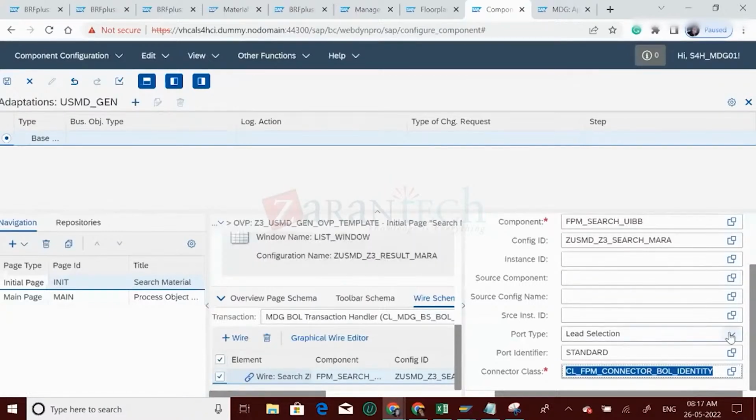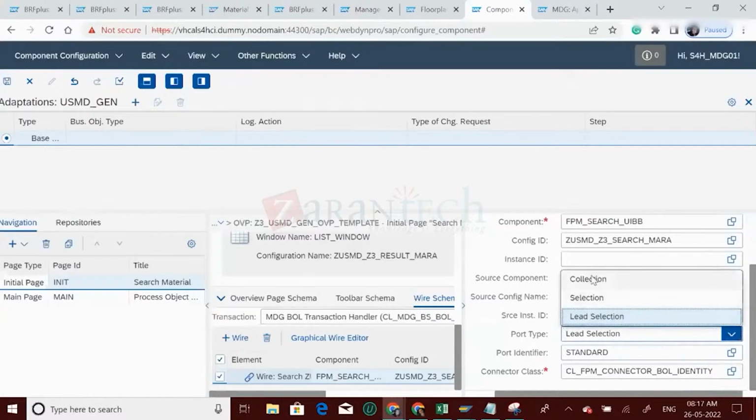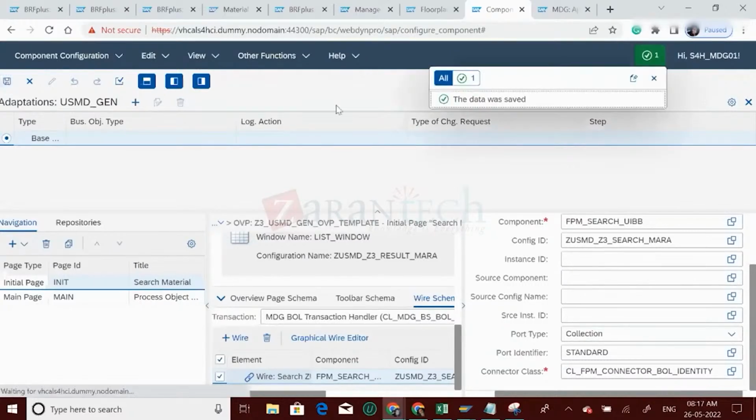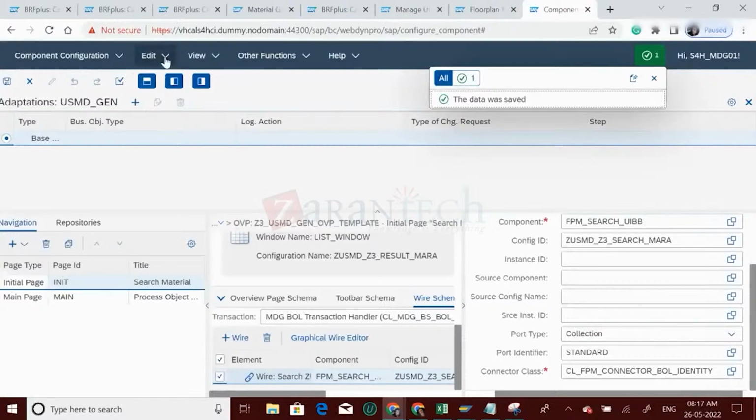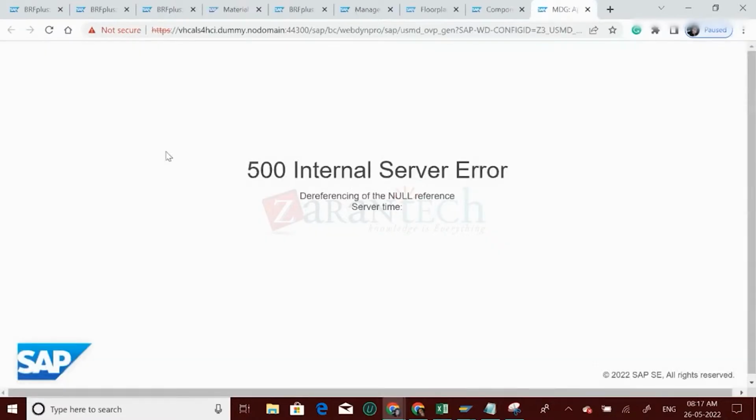It should be collection. I will correct it. Okay, maybe I think I have provided wrong this one. This should be standard. That I will correct. Now save it. Now try to test, and now let us see what is happening. Still it is coming as null,